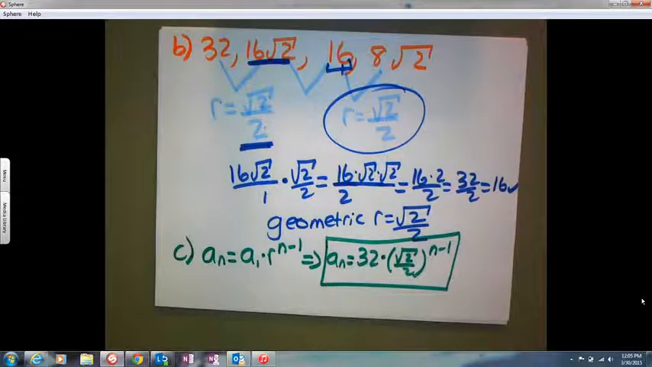Okay, so there's A through C. Let's now attack D and E. Before I do that, are there any questions on A through C? Alright, so D and E. Alright, so part D says find